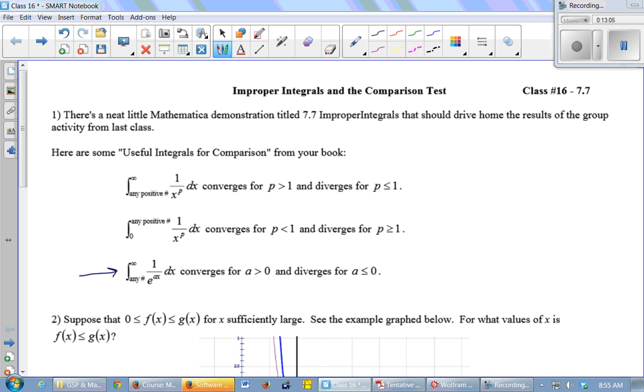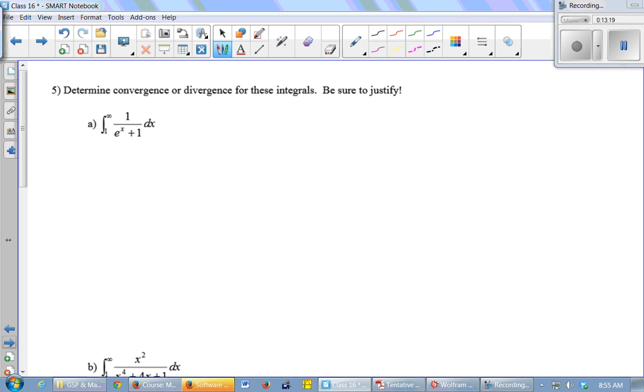You look on the first page, I know that the integral from any number to infinity of 1 over e to the ax dx converges, as long as a is positive. So 1 over e to the x will converge. 1 over e to the x converges. So I want to compare